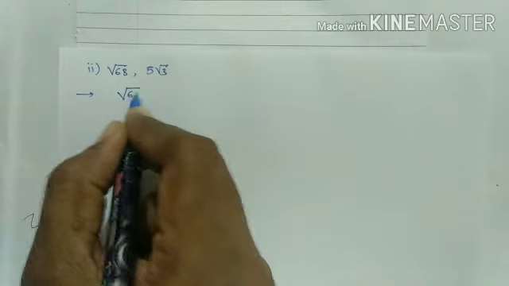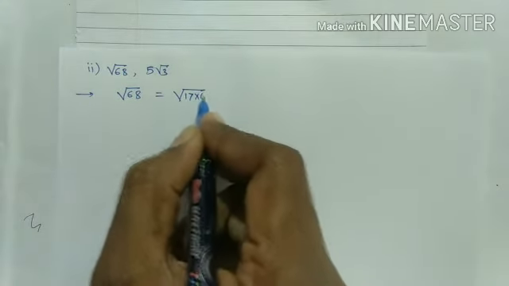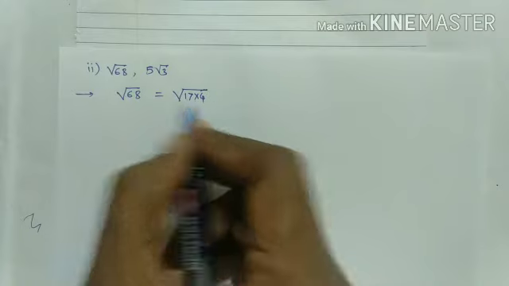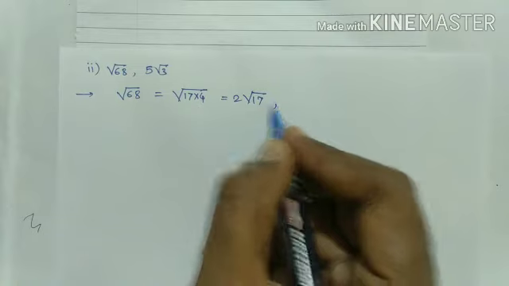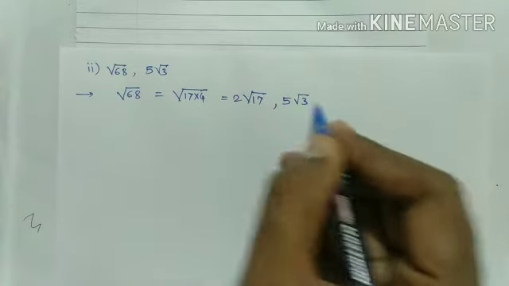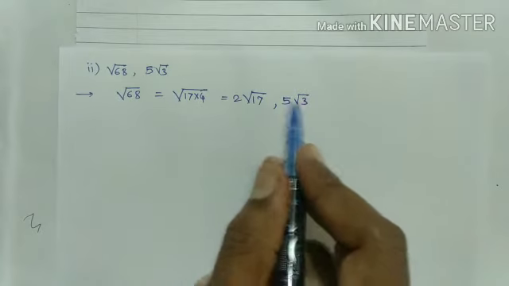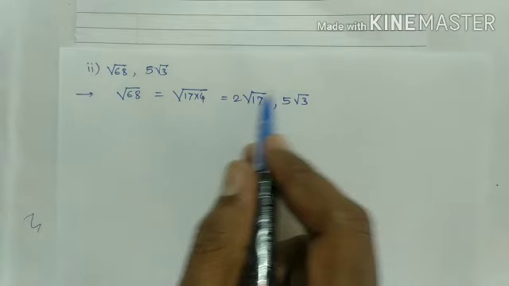This root 68 equals root of 17 times 4, that is equal to 2 root 17, and this one is 5 root 3. Here the order of the surds is the same, but the radicand is different. Therefore it is